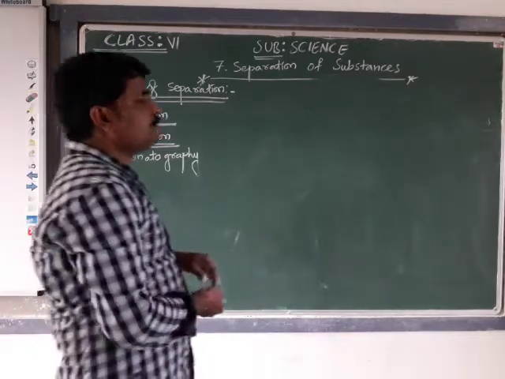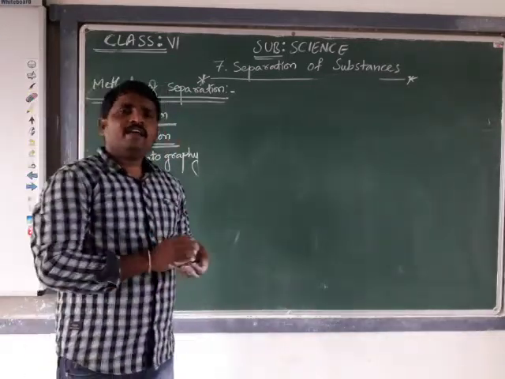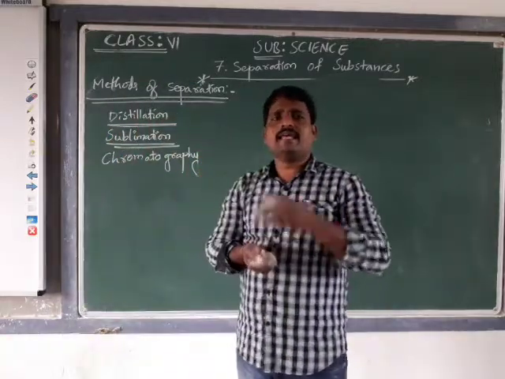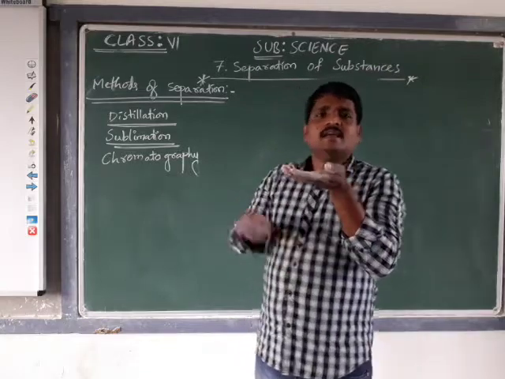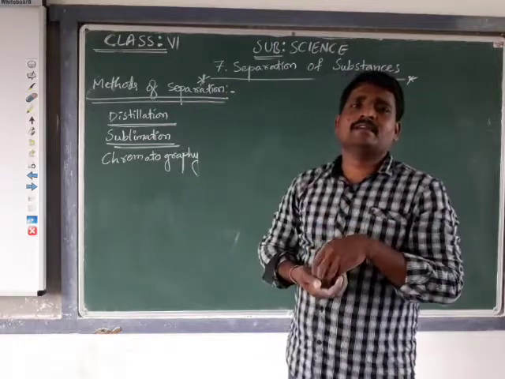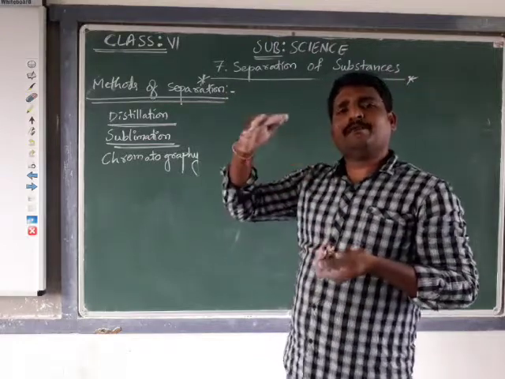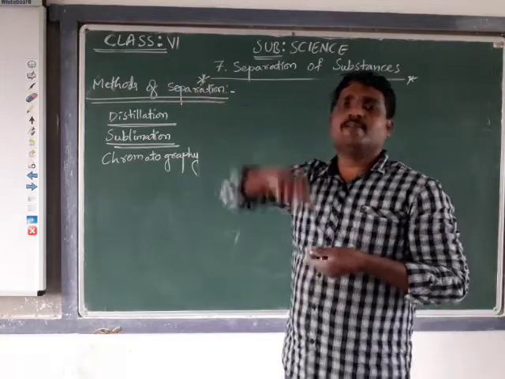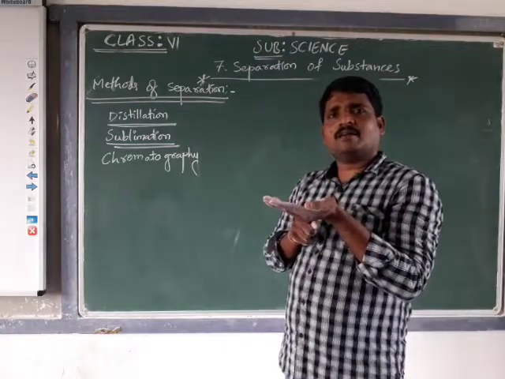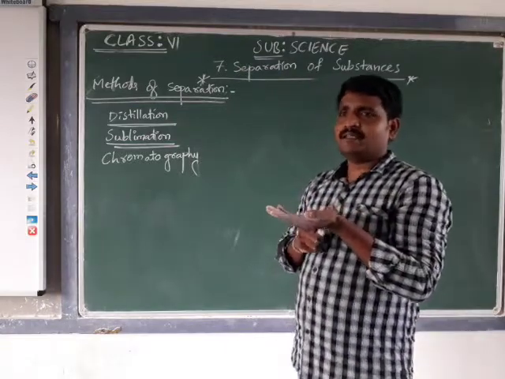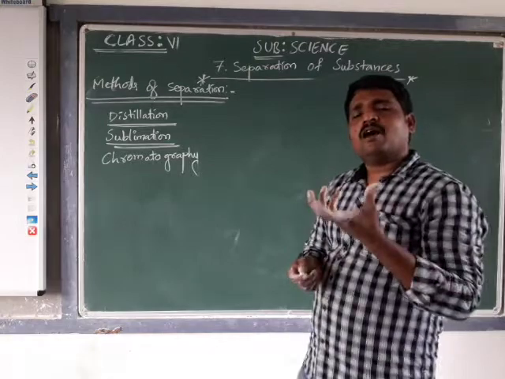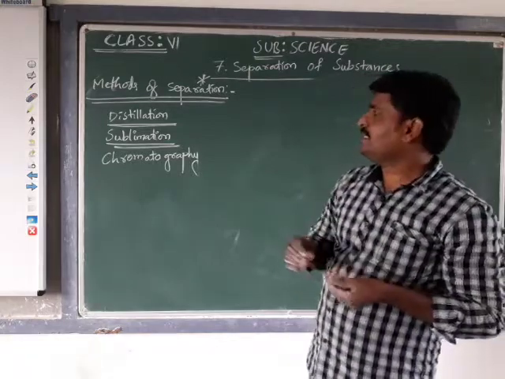See here, whenever we observe one color, that color looks like a single color. But actually, that one color is made up of mixing multiple colors. Now, how are we able to separate those colors which are used to prepare this one color? If you look at a color, it looks like it is made with one substance, but it is made up of mixing two or more colors. Then how can we separate those two or more colors is our agenda.